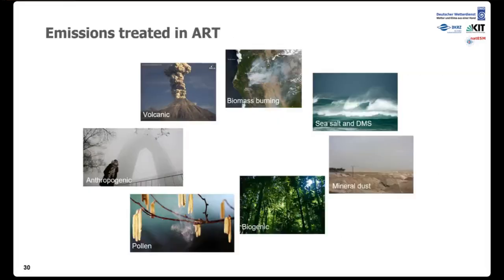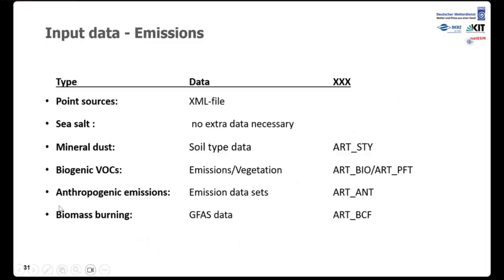Another topic that basically Ali already handled. So emissions. And as he already told you, we have several types of it: volcanic, biomass burning, sea salt, mineral dust, biogenic, pollen, and anthropogenic. And you can put that in different ways. For example,